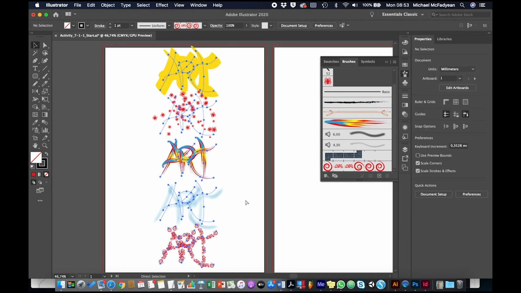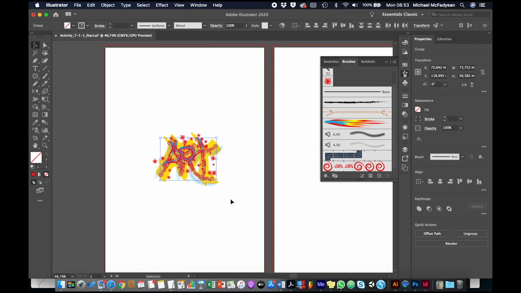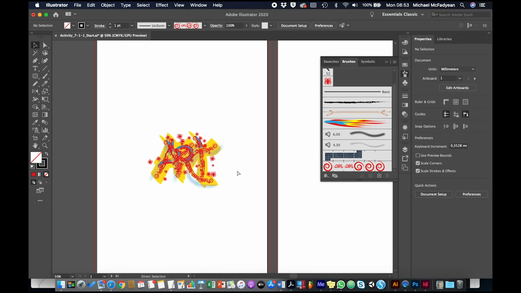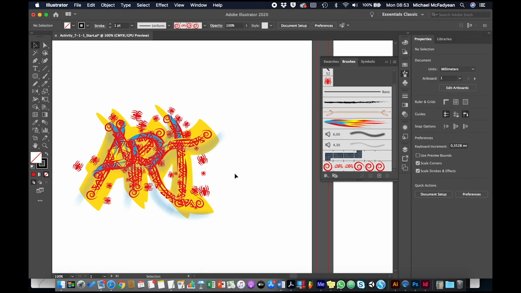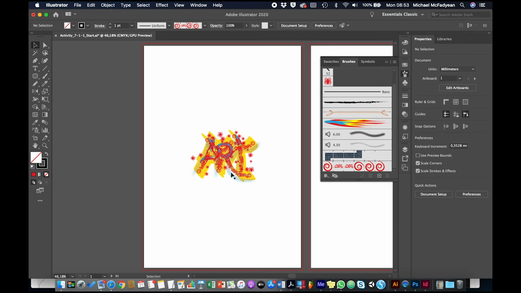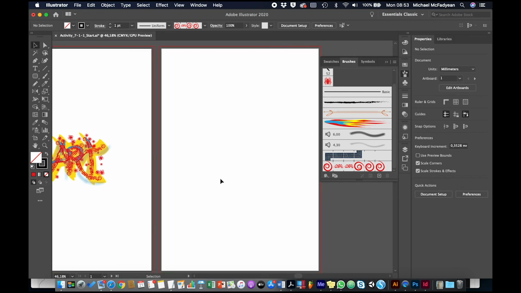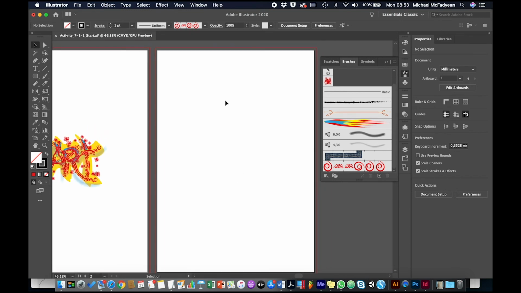And then I'm going to select all and align them all on top of each other. So now we have a completely custom set of brushes to create a kind of interesting graffiti street art style design. Okay, so what I want you to do in this second artboard is I want you to create 2